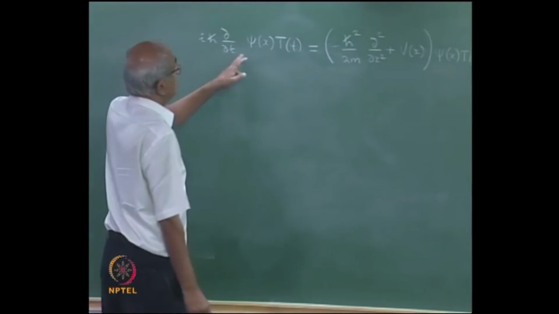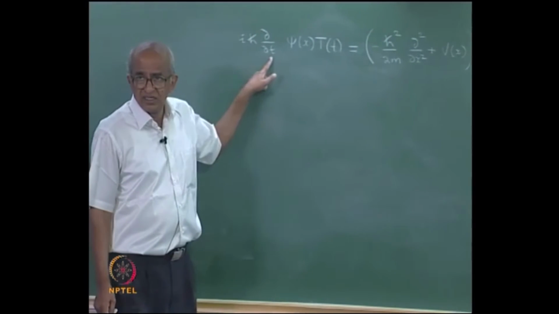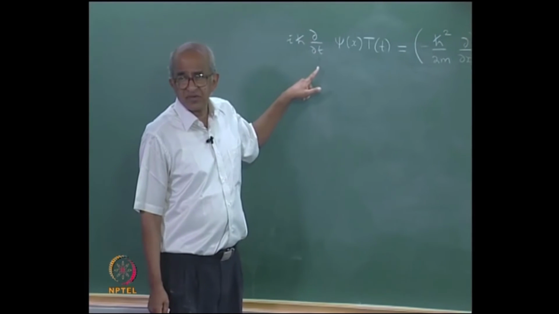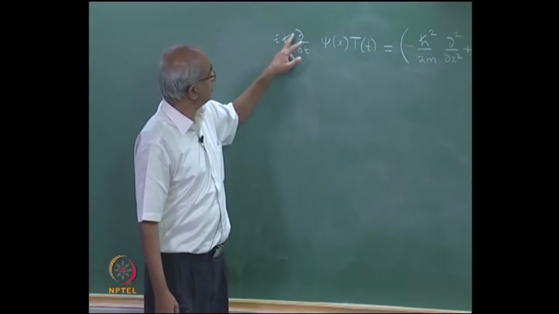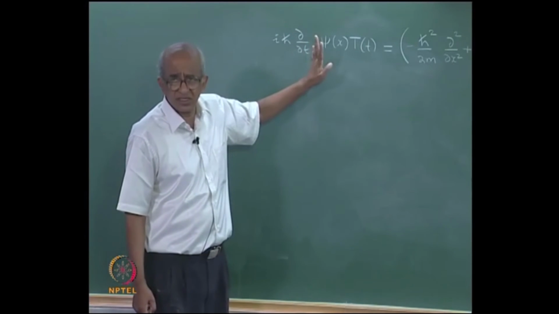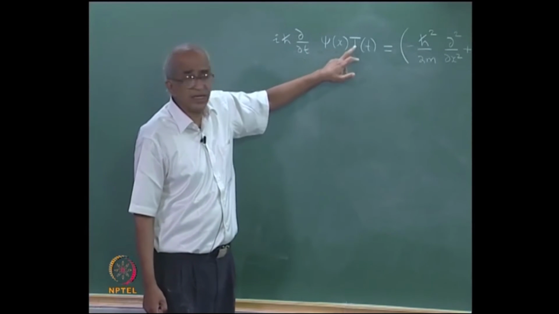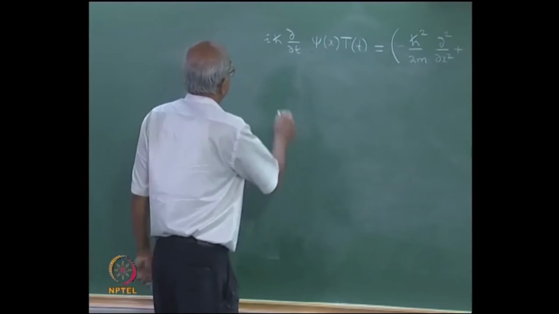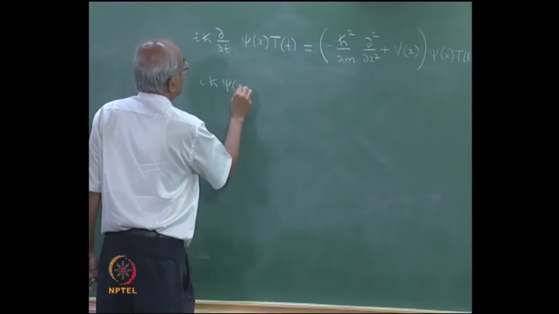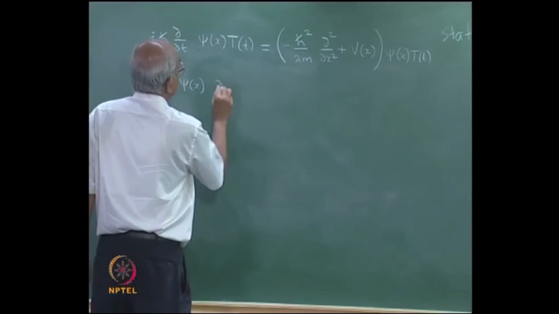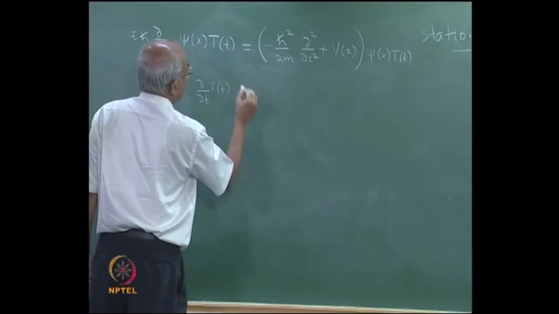But then if you look at the left hand side of this equation, you have partial differentiation with respect to t. Now, when you are partially differentiating with respect to t, that means you are not allowing x to change. So, as far as this differentiation is concerned, psi of x is a constant. So, it is not affected. This partial derivative is going to affect only capital T. So, therefore, I can write this as iħ psi of x ∂/∂t operating upon capital T of t, and that is equal to